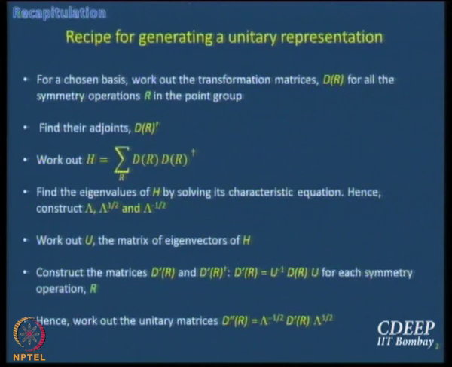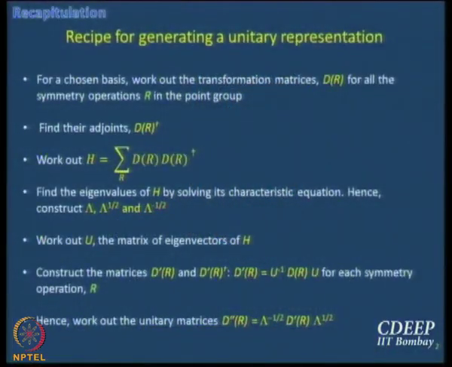So, this is what we are going to talk about today, this is what we were discussing, and whatever we also discussed today was a part of this recipe of how to generate unitary representations. So please take non-unitary representations and try to generate unitary representations by yourselves, then only you will understand. The recipe per se, when you read it, does not seem very difficult, it is not very difficult. And then when you read this, go back and read the derivation again. Learning is always synergistic, you do not really grasp the whole thing at one go. You have to keep going back to it. So please do that and I think we will be all fine.